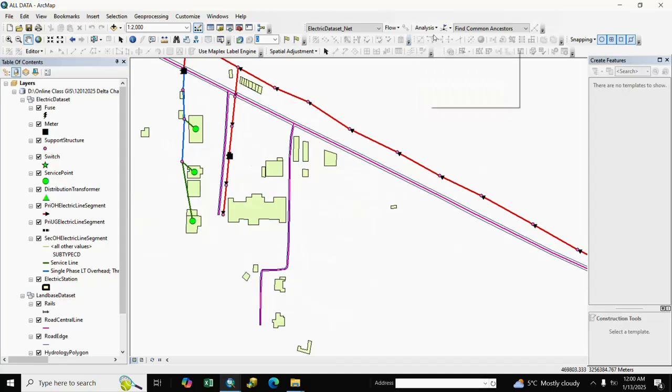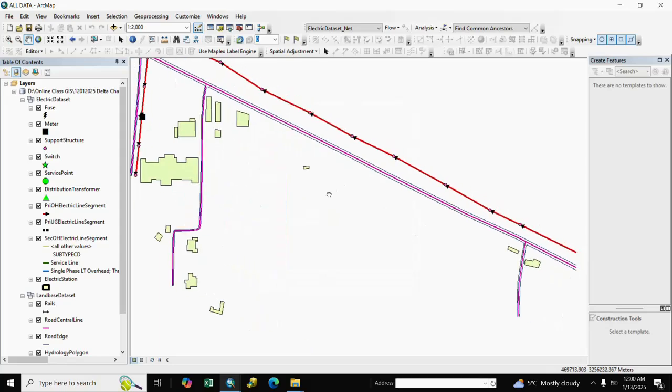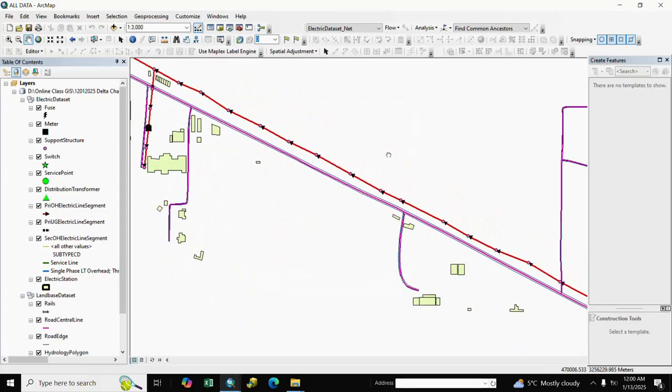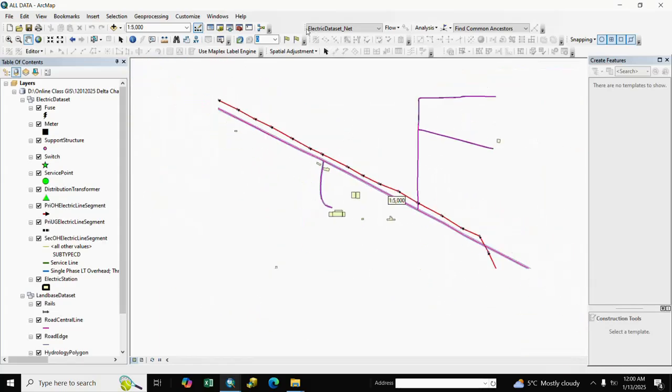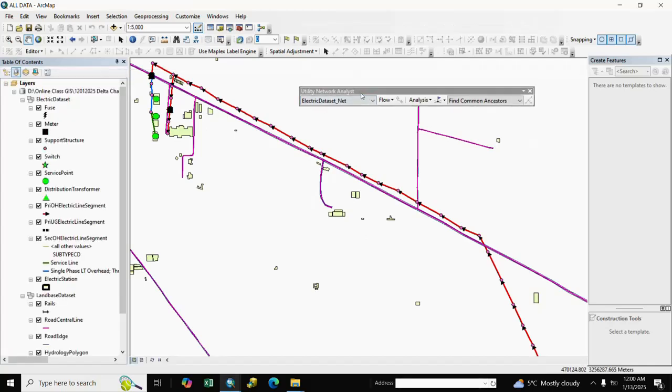So for checking, we go to analysis option, and we select here selection and apply. OK. Here we need the utility network tool.